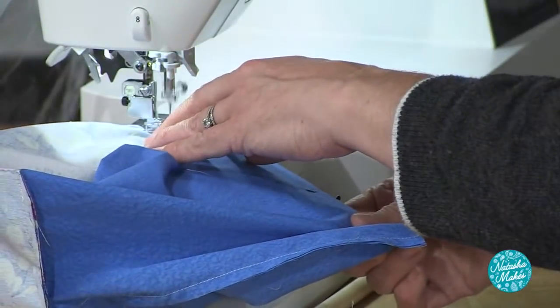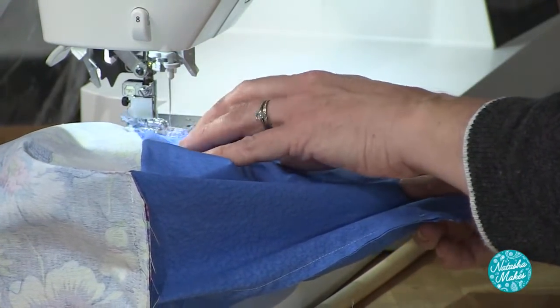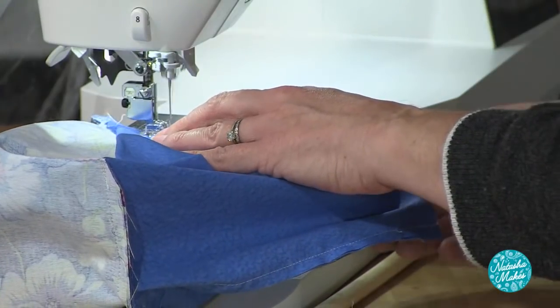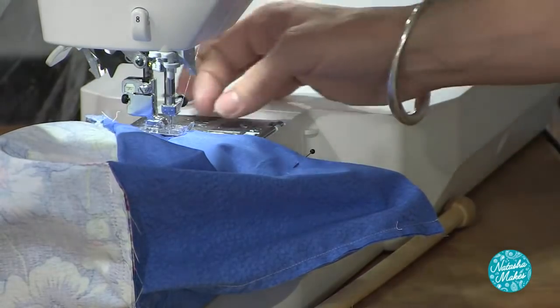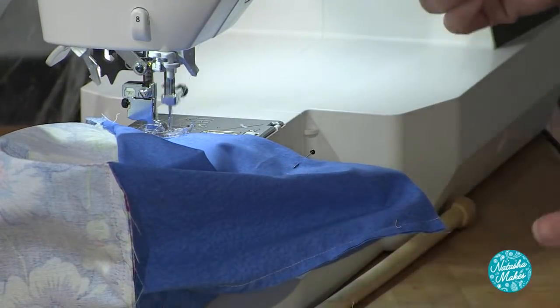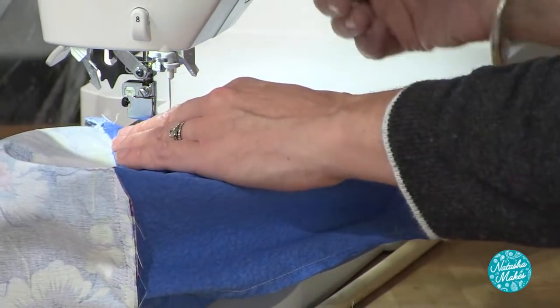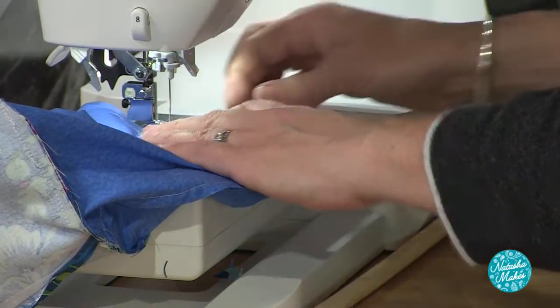And then as I come down, following the line down, and then a triple stitch, that triple holding stitch that this machine is fabulous for, or you can go backwards and forwards, it's entirely up to you. Cut the threads, foot up, move across. This was my turning through gap, right? Foot down,